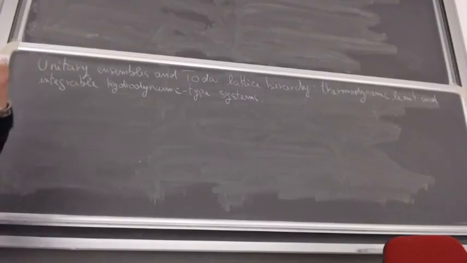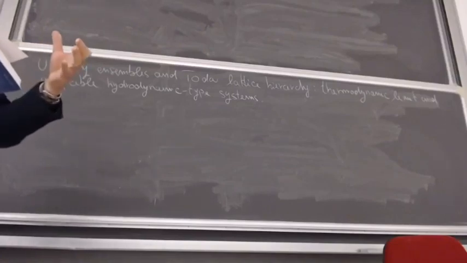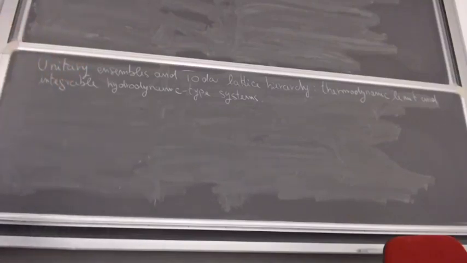Today we'll build up what we discussed yesterday, and in particular the idea is to clarify the connection between unitary ensembles and the Toda lattice hierarchy, and in particular we will see how, when you consider the thermodynamic limit, the limit where the size of the matrices goes to infinity,